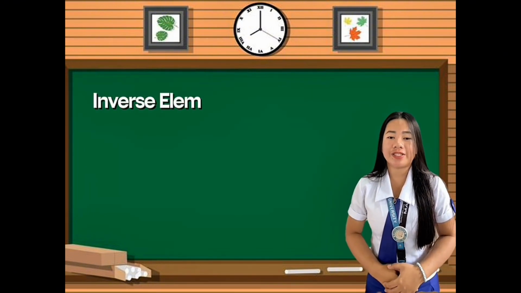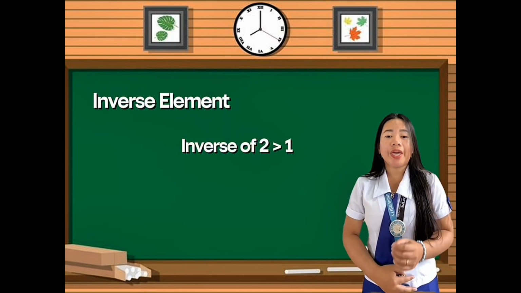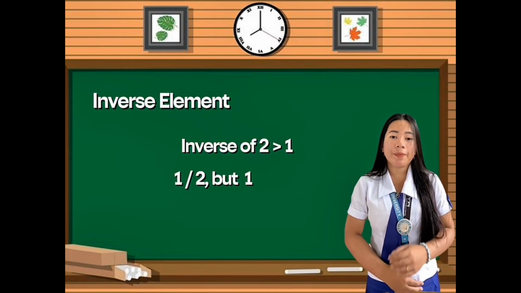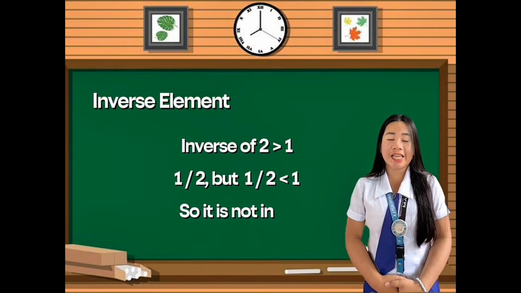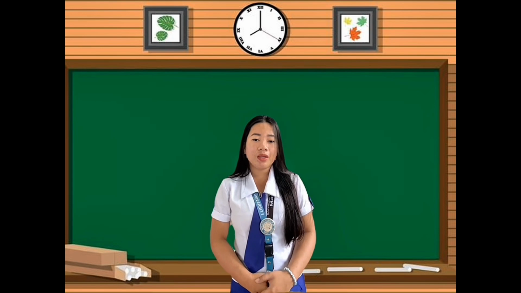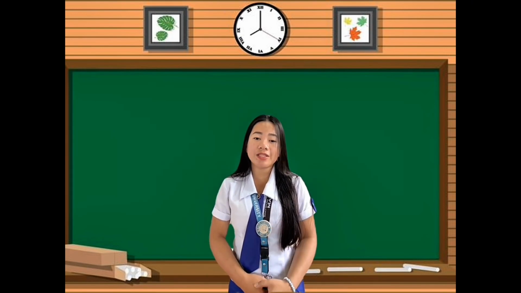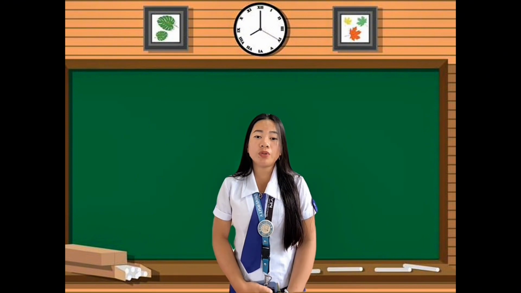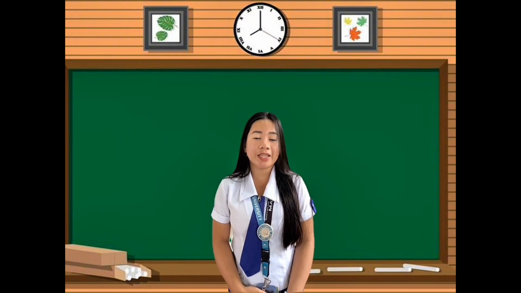Next, the inverse. If we take a number greater than 1, say 2, its inverse is 1/2. But 1/2 is not greater than 1, so it's not in the set. This means the inverse property also fails. So because this set of real numbers greater than 1 fails both the identity and inverse properties, we conclude that this set does not